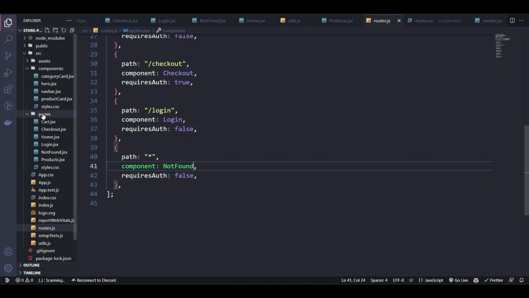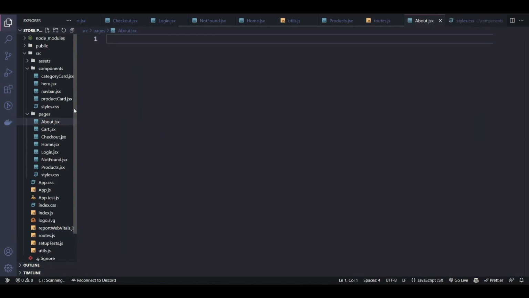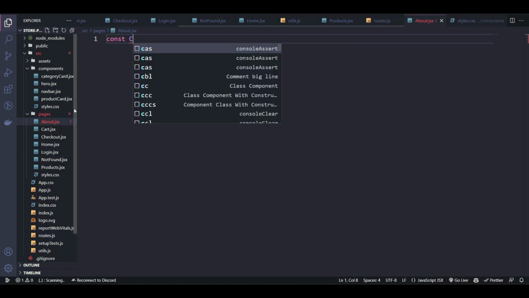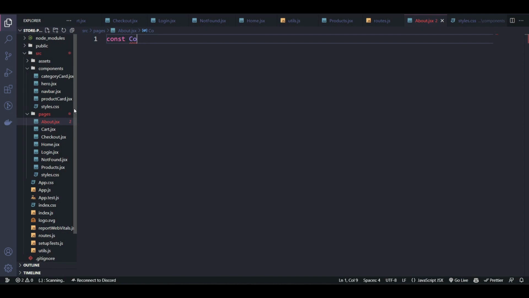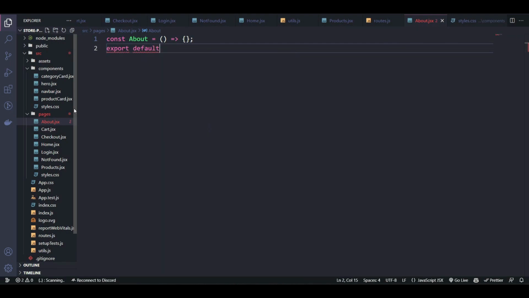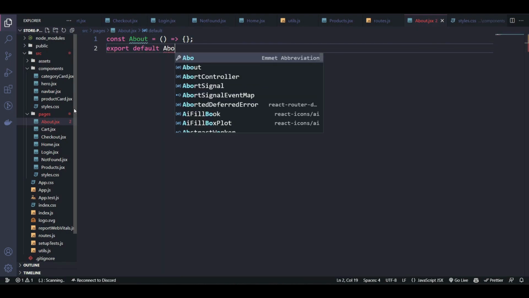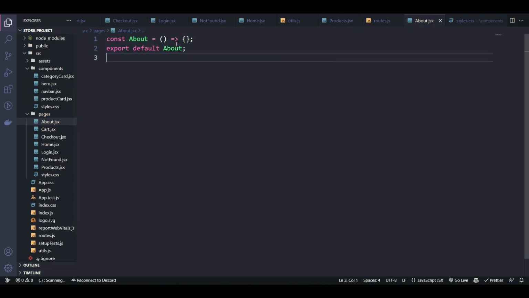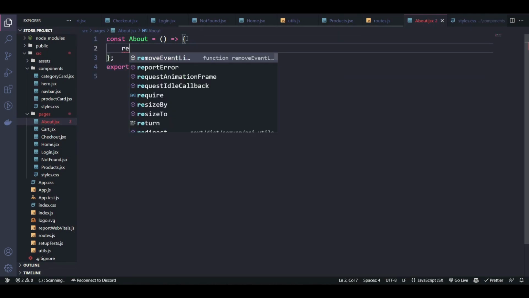So again, in our pages folder, we're just going to create another JSX file, and this is going to be about.jsx, and then you can do const about. That should be equal to an arrow function, and then we can export default about, just like this. All right, in here we can just return a div